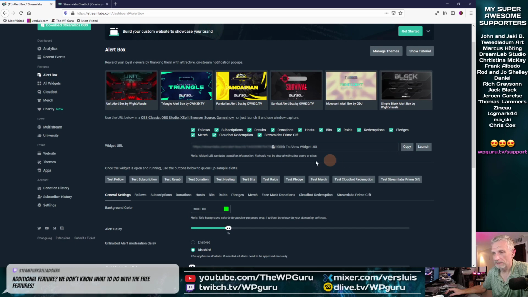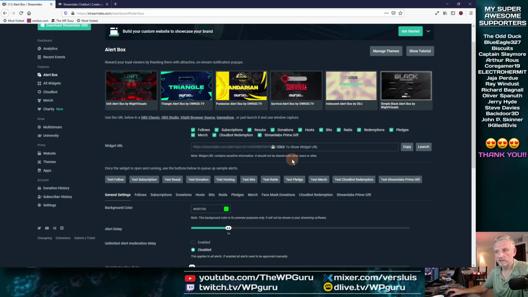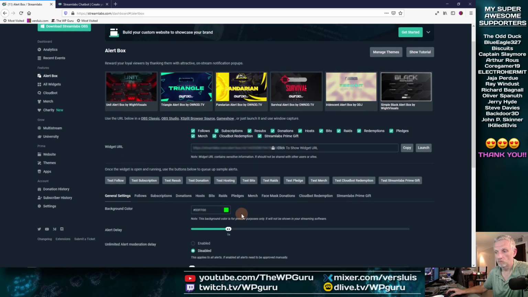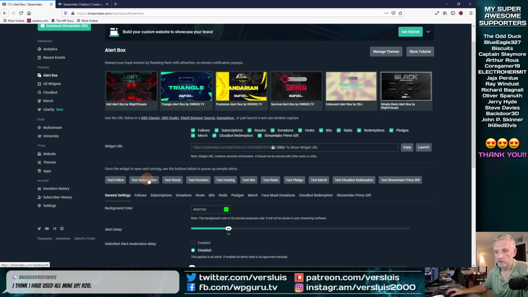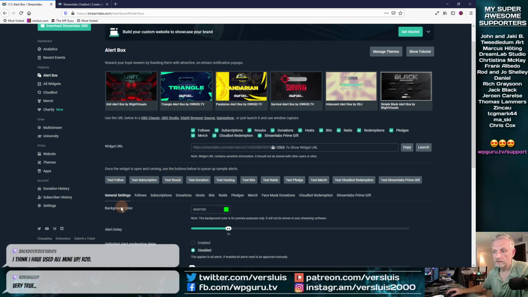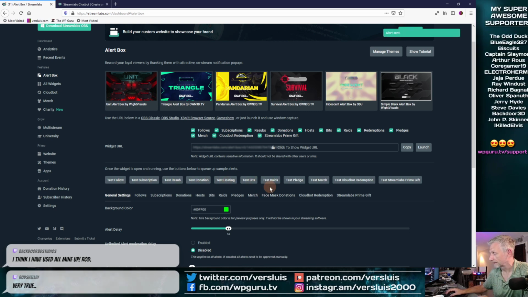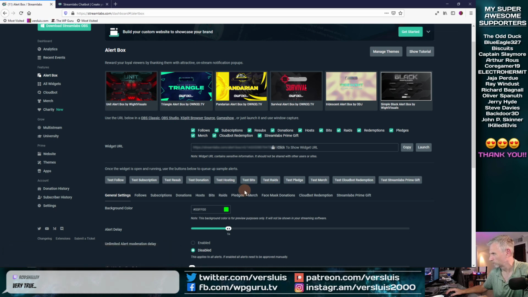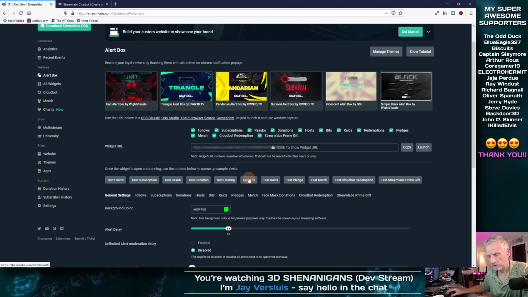You can copy that and put it into OBS as a browser source, and then it will bring up these funky little walking zombie things. Once you've got that overlaid on top of your stream, you can click any of these buttons and test what happens. An alert is getting sent, and in an ideal world, that should now appear on the screen. That doesn't seem to happen.